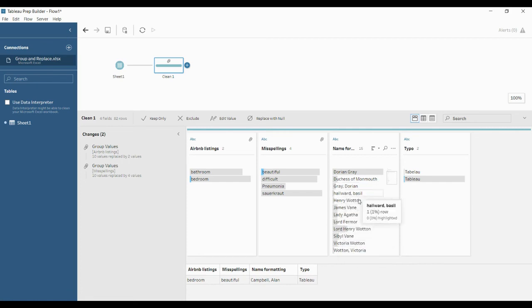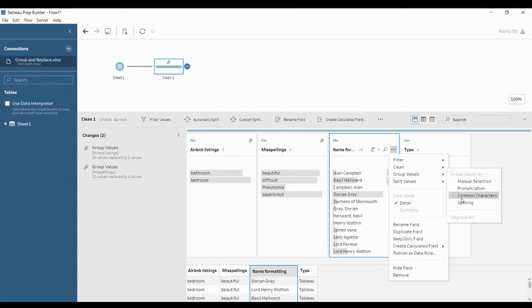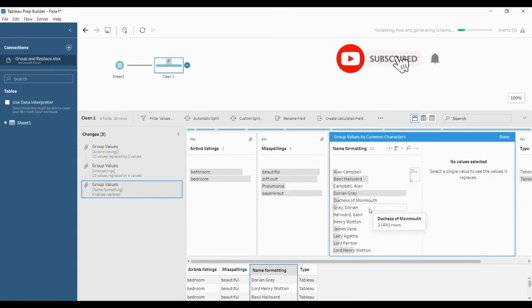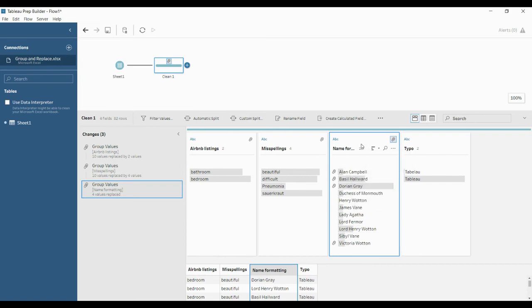Even here you can see various data separated with a comma, which can be easily grouped using common characters. Click common characters, it will be automatically grouped. You can see the pin icon, which means that another entry was there and it has been grouped. Click done. The 15 entries have been changed into 11.